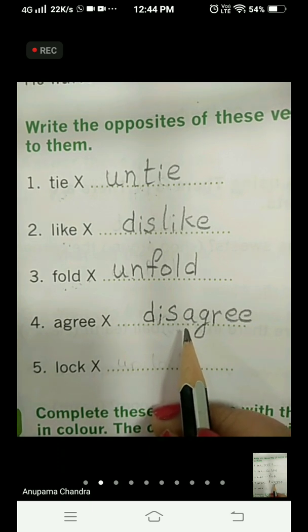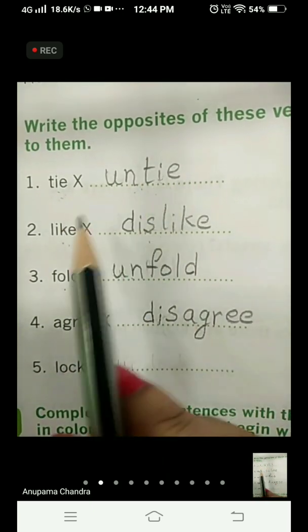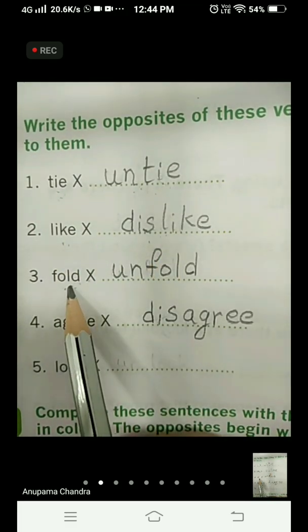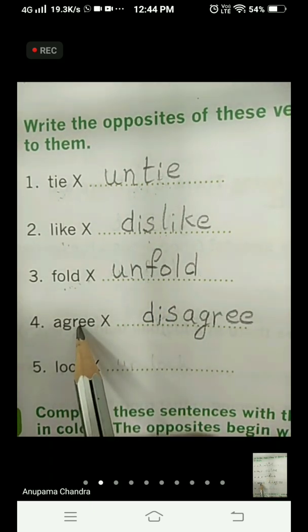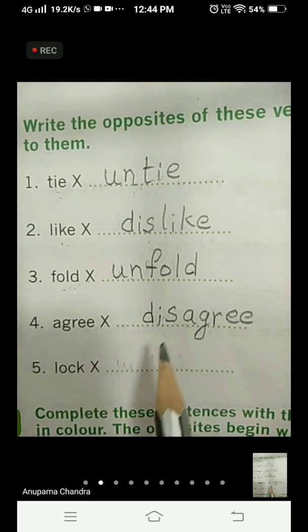I repeat, children. An antonym is a word with a meaning completely different from the meaning of another word. For example, tie, untie, like, dislike, fold, unfold, agree, disagree. Okay.